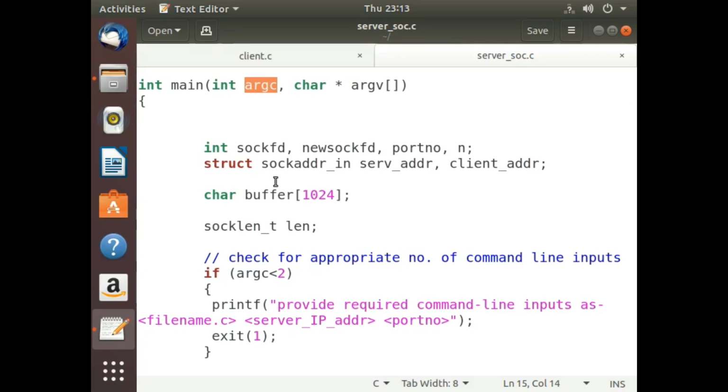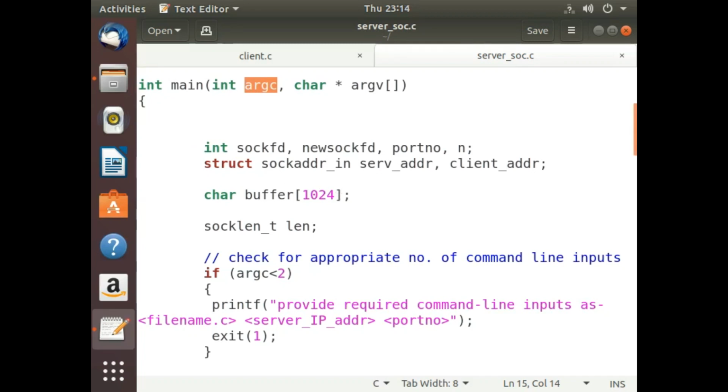Next, we have a few declarations. We'll come to that as and when we require them. Firstly, we have to create a socket. And next, we have to store the server's information into the structure variable.